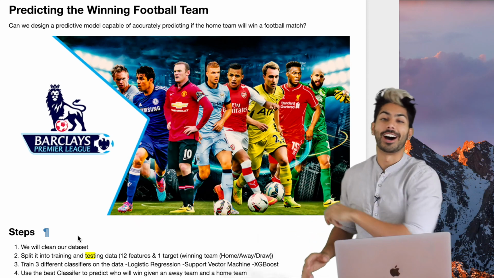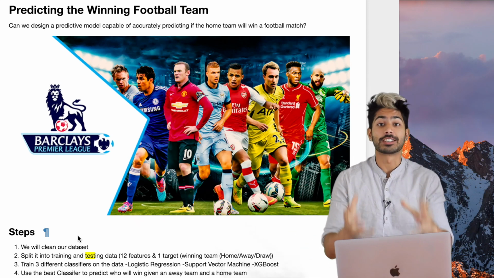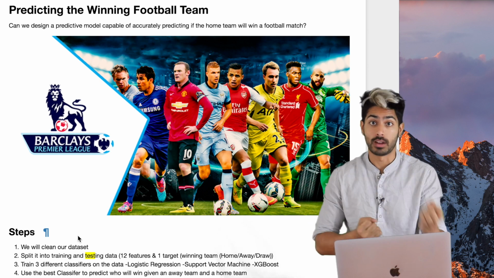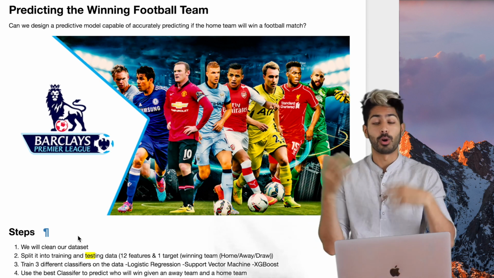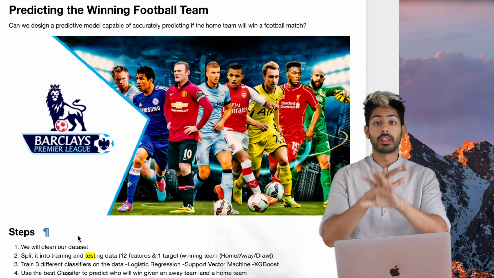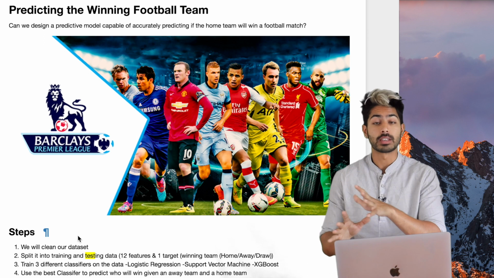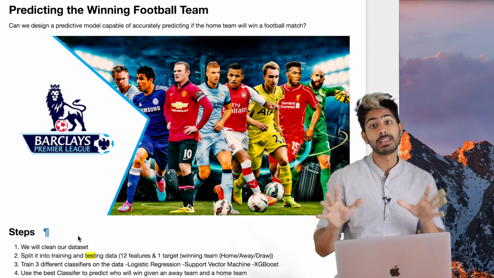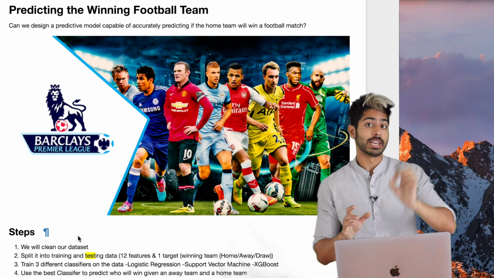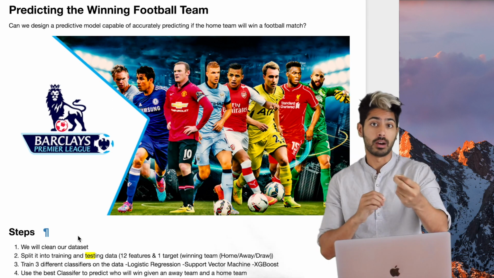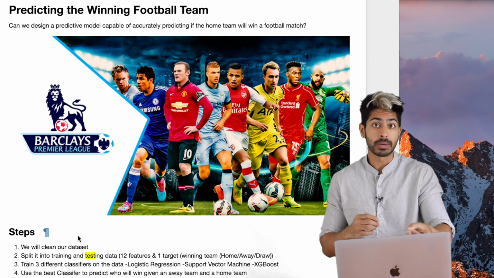Hello world, it's Siraj, and our task today is going to be to try to predict if a team is going to win a game or not. Now this is for football, or as Americans call it, soccer, which is the most popular game globally when it comes to sports. And of all the domestic teams out there, the English Premier League is the most popular of all of them. So we're going to predict the outcome for an English Premier League team using a data set